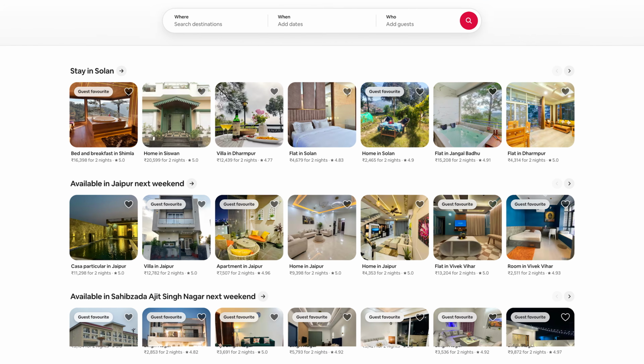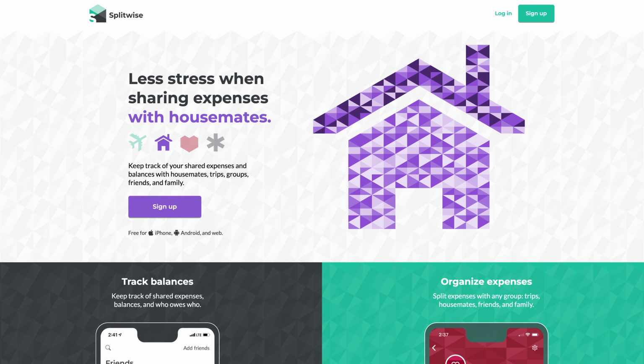Now, coming to projects, we are going to talk about a lot of interesting projects altogether, right? So the list of projects is as follows. We are going to start with a simpler set of projects to understand the concepts. We are going to make things around an Airbnb application. We are going to make a Splitwise application, right?